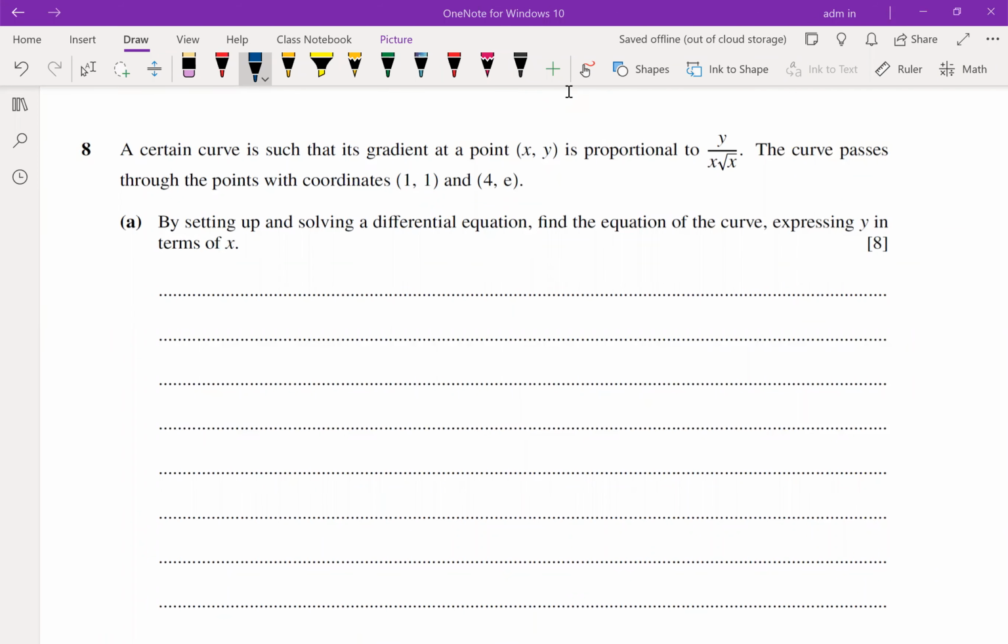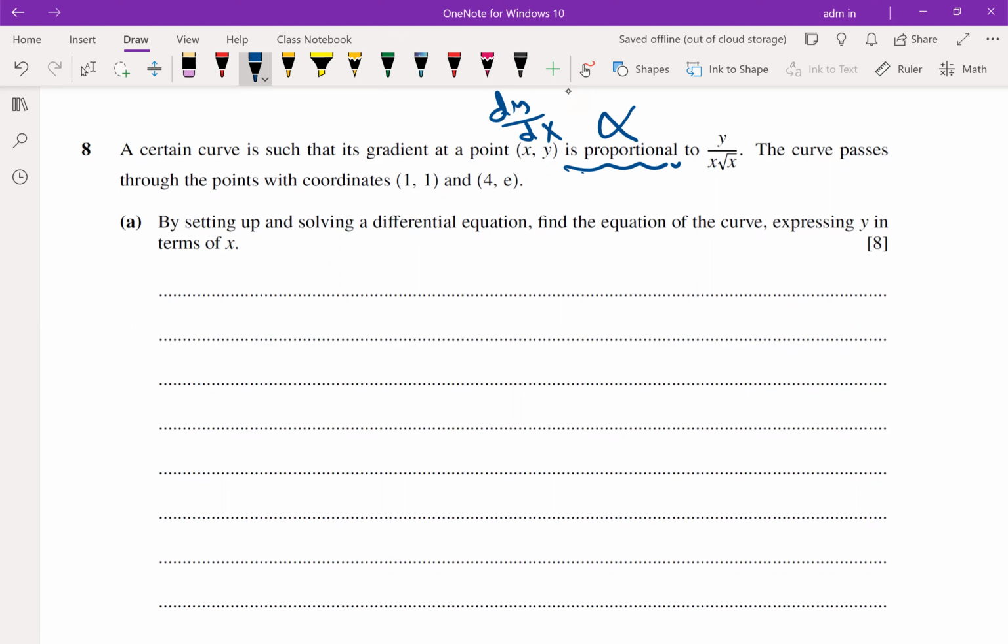A certain curve is such that its gradient at point x and y, sorry, dy by dx, is the gradient at any point. dy by dx is proportional to